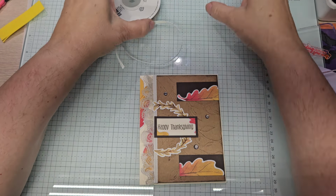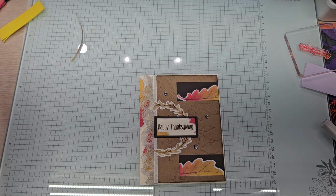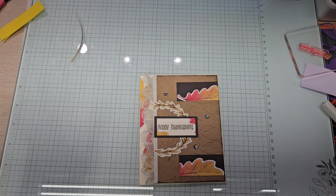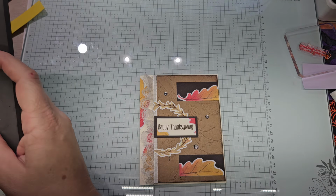I was thinking, do I fleck some black on there? The answer, oh, we still have to do the inside. And I'm ready to finish up, right? Okay, inside envelope. Then I can sprinkle everything, all the goodness on there, right? Okay, inside,